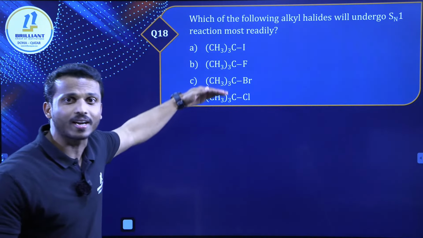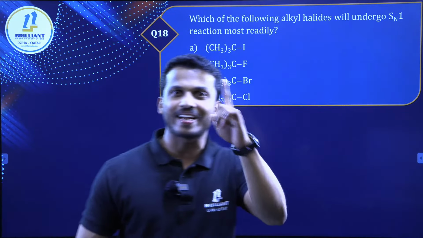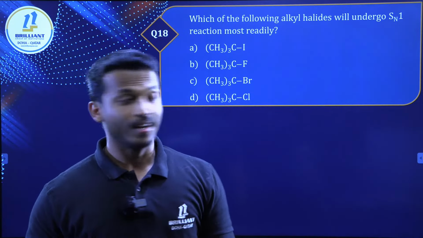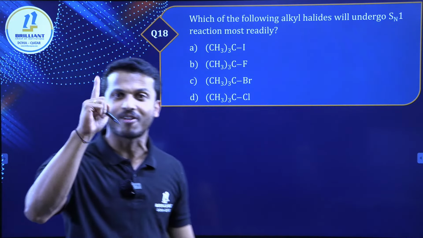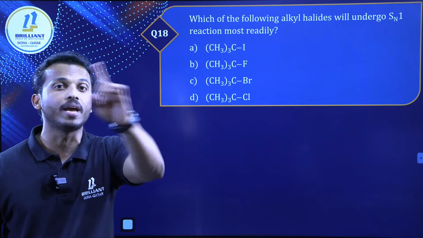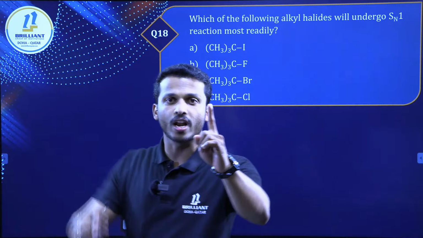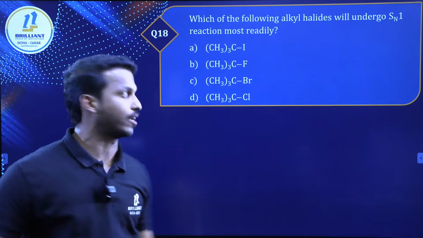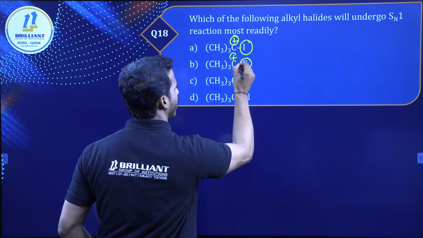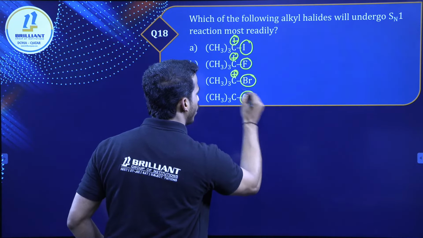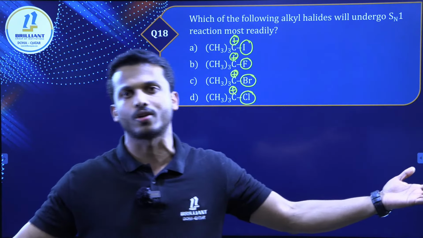Dear all, here all are tertiary alkyl halides. All are tertiary, so the order tertiary greater than secondary greater than primary won't work here. Careful, all of you. What is the first step in the SN1 mechanism? Remove the halogen, make a carbocation. So removing this iodine, this is the carbocation. Remove fluorine, carbocation. Remove bromine, carbocation. Remove chlorine, carbocation. Here all are tertiary carbocations, so carbocation stability is not a factor here.